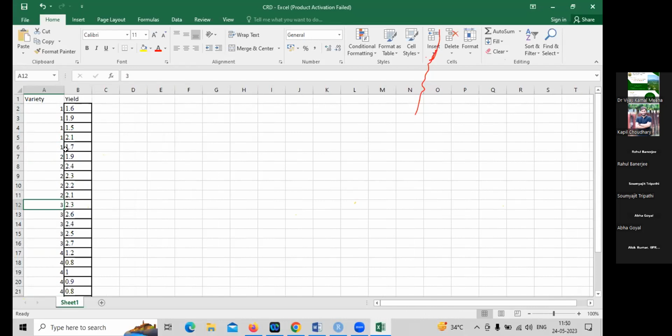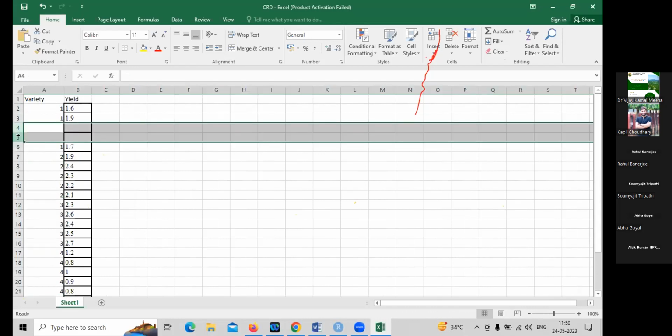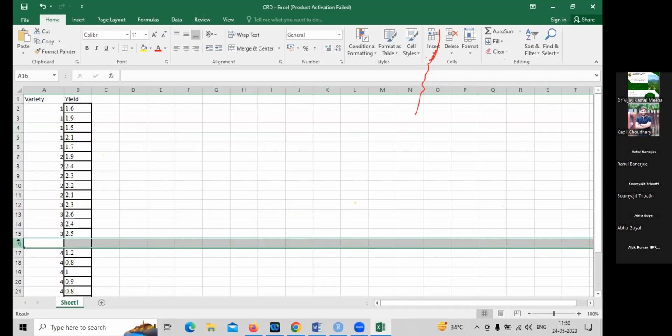लेकिन अगर मान लीजिए आपके वैरायटी 1 के 3 ही रेप्लिकेशन हैं, 5 रेप्लिकेशन नहीं हैं, तो आपके डेटा फाइल में ये 2 पार्ट हट जाएगा। ओके, ये 2 हट जाएगा। यस यस, ऐसे होगा। सिमिलरली मान लीजिए आपका जो थर्ड ट्रीटमेंट या थर्ड वैरायटी है, उसके 4 रेप्लिकेशन हैं, तो आपके डेटा फाइल में ये वाला पार्ट हट जाएगा, इसमें फिर 4 ही आएंगे। ओके, बाकी एनालिसिस प्रोसीजर में कोई चेंज नहीं, सीआरडी के केस में।